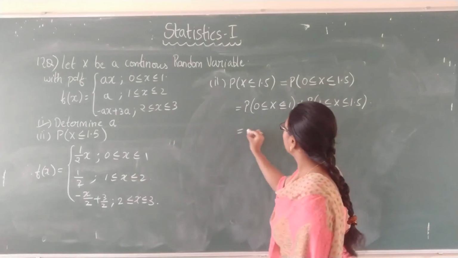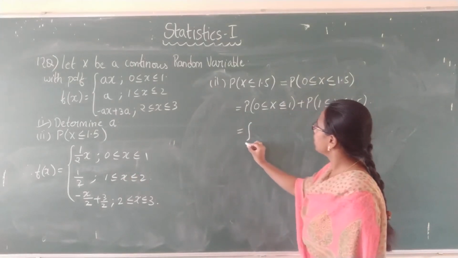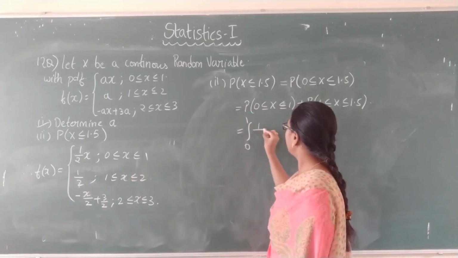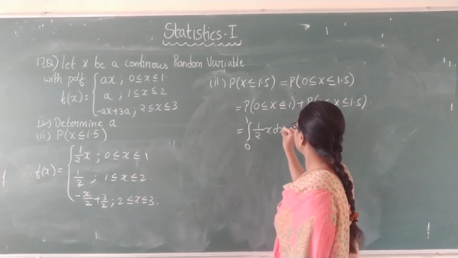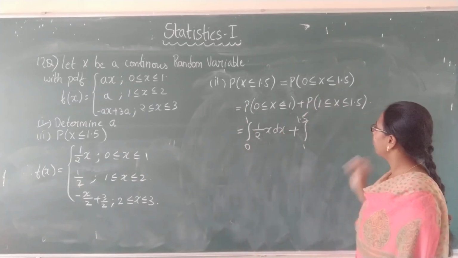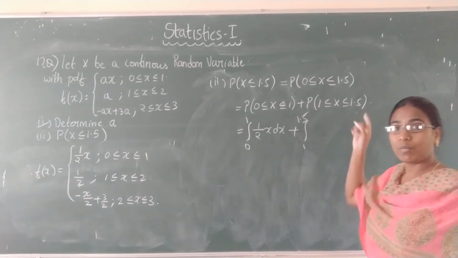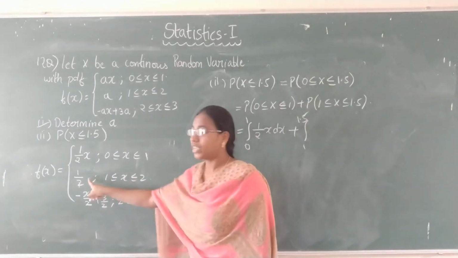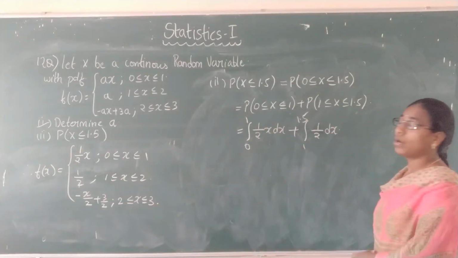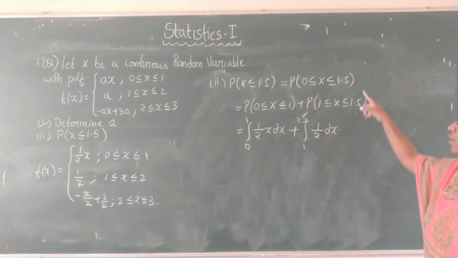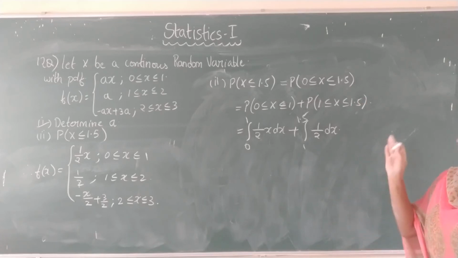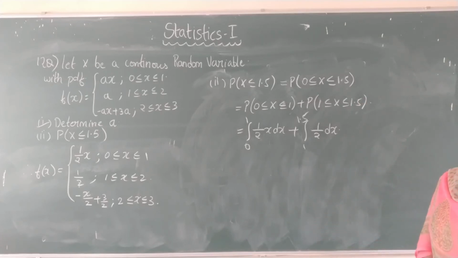So this is equals to integral over the limits 0 to 1. In between 0 to 1, what is the function? 1 by 2 x dx plus integral over 1 to 1.5. So 1 to 1.5 means it lies between 1 and 2. The function is 1 by 2. So you have to choose the function carefully. You have to identify the limits, and in whichever function we are getting those limits,